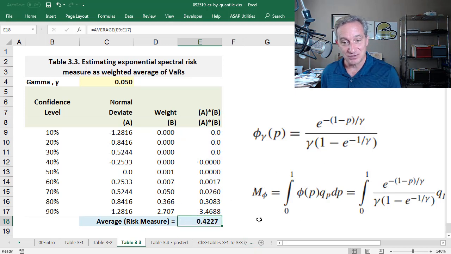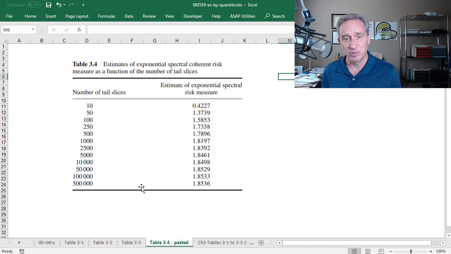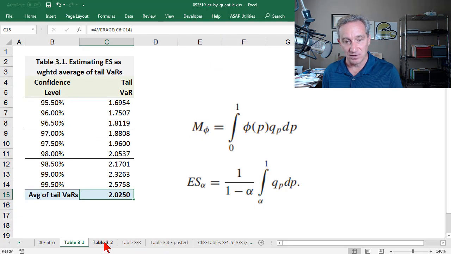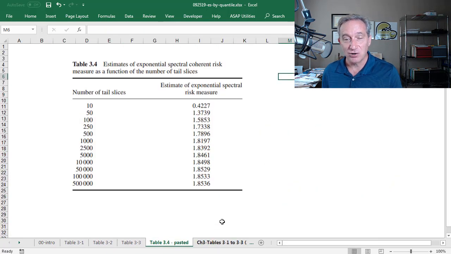So this is a general risk measure where we've defined a specific risk aversion function. And table 3.4 in Dowd just shows how that number also converges on a so-called true value as we increase the number of slices. But I also put that in the code. So now I'm going to shift to showing you all of what I've just shown you here, but in R code, where it's actually much more flexible to vary things like the number of slices and the risk aversion